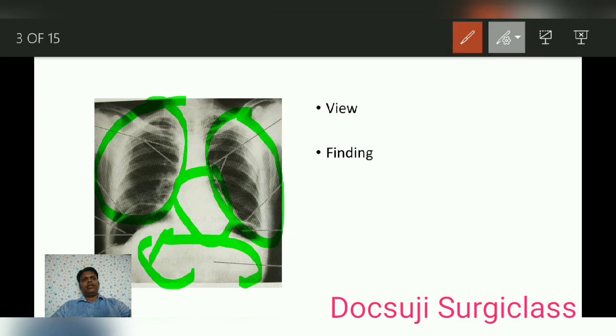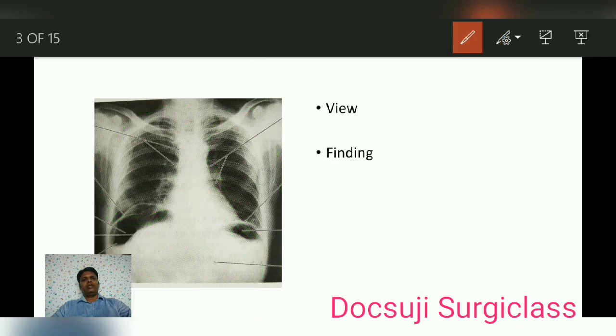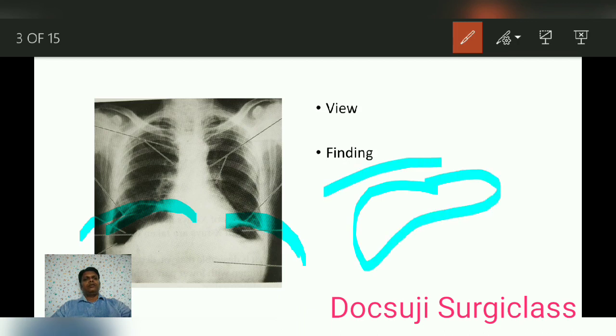The most important thing from the surgical aspect is the diaphragm. This is the right hemidiaphragm, this is the left diaphragm. Normally under the diaphragm, usually the right diaphragm, you will get the liver. So you don't get any air shadows, that is black shadows. If any black shadows or air shadows are there, then you have to think about air under the diaphragm.